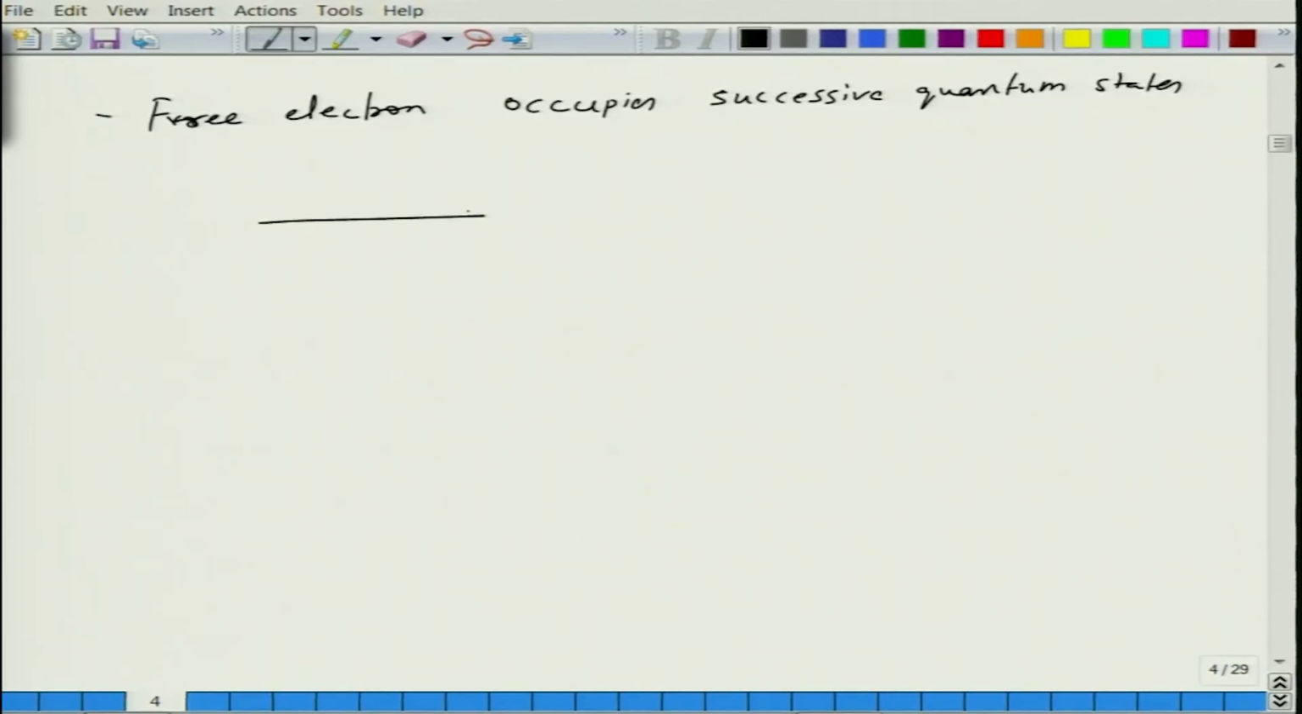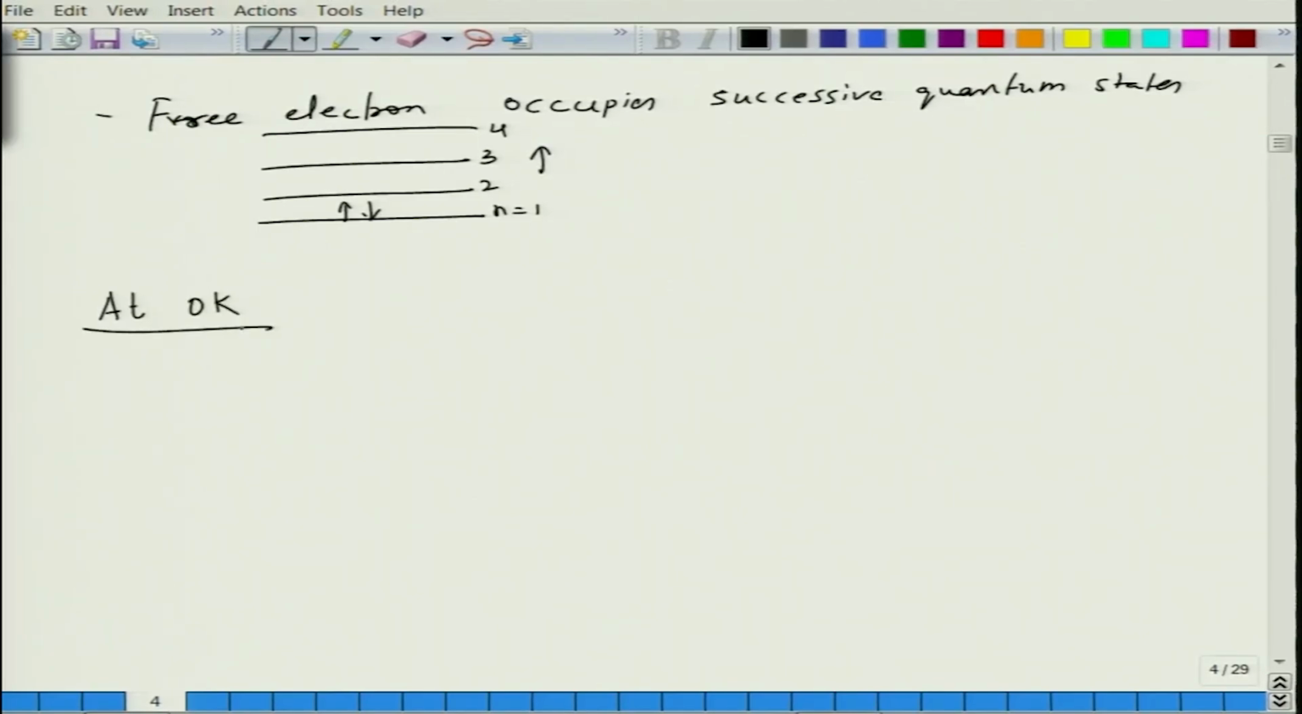So there are states like n equal to 1, 2, 3, 4, and of course you can have distinctions like these. In one state, you can have 2 electrons, they are degenerate states. So basically at 0 K, the highest energy level, that is, what is the maximum energy that you can occupy. So at 0 K, the highest energy that can be occupied